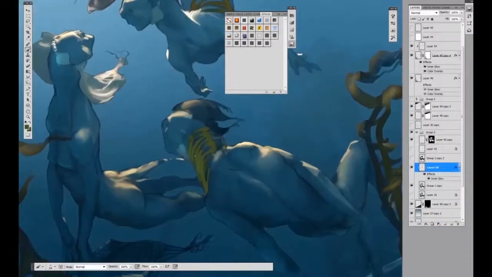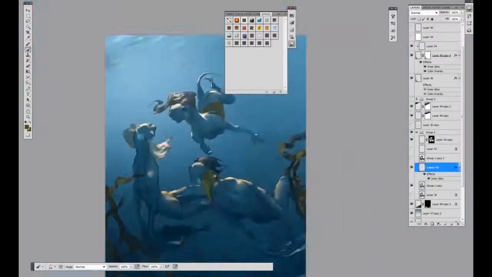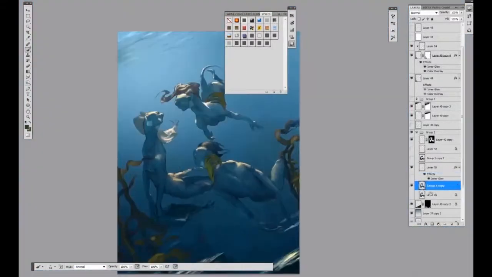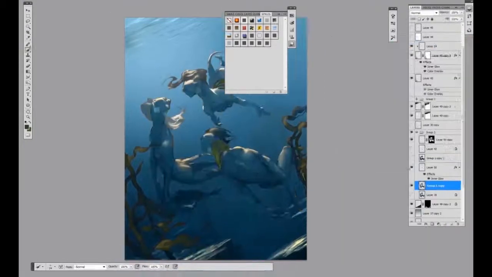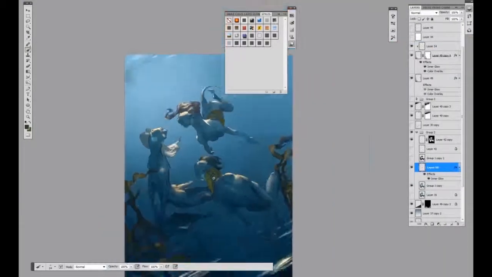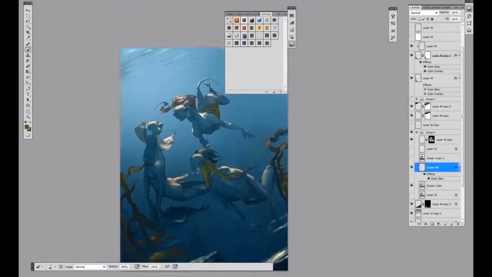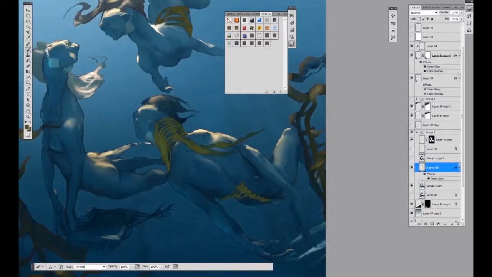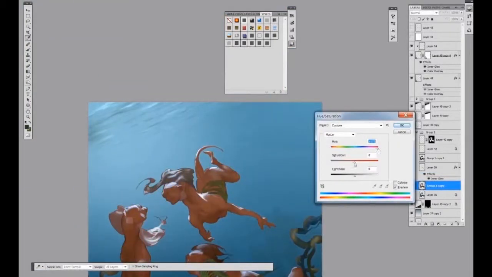It's similar to the stroke effect in the same layer styles options, but stroke effect gives you a very hard edge, very pixelated borders, while the inner glow actually gives you a bit more of a semi-transparency here and there, and it helps you to create a simulation of